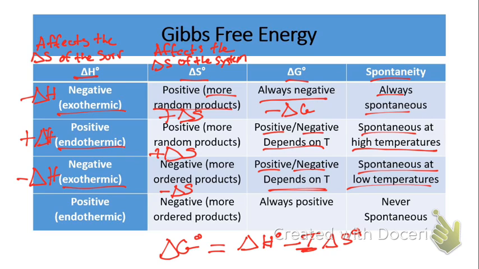All right, so what if we have the situation where delta H is positive and delta S is positive, so they're both positive? Well, in this case, delta G will always be positive and never spontaneous. This is a non-spontaneous process. If these two situations occur, nothing will ever happen. No matter how much time goes by, this is a non-spontaneous situation, all right?